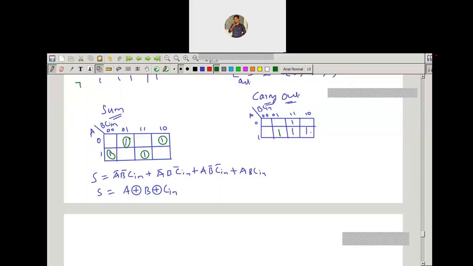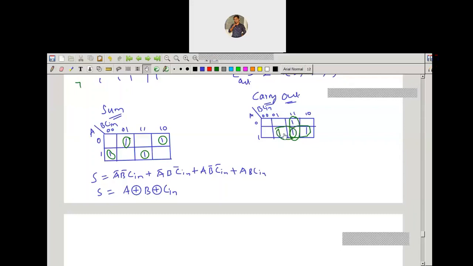So these 2 cells grouping, and these 2 cells grouping, and these 2 cells grouping. Is there any cell which contains a minterm that is not grouped? There is no such cell. We have grouped every cell here.